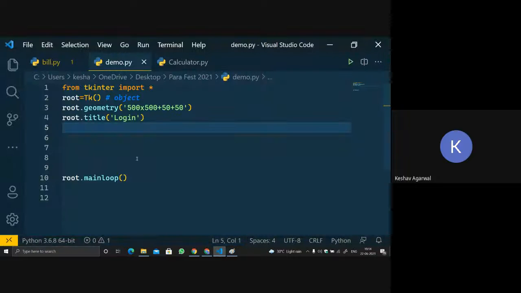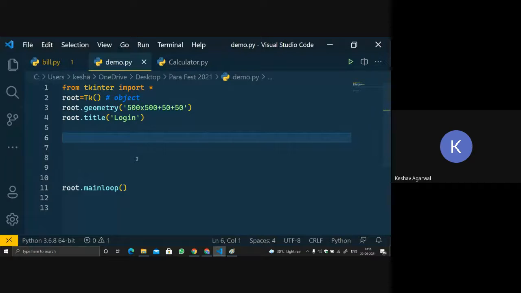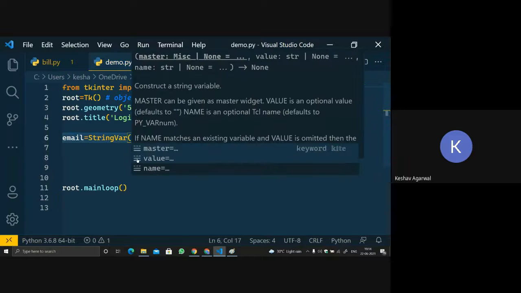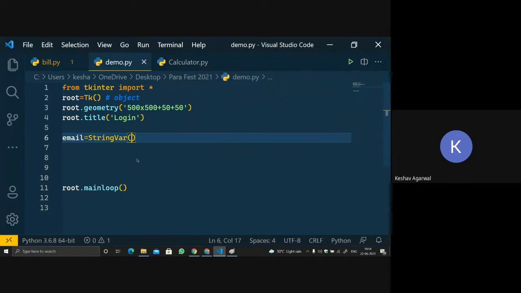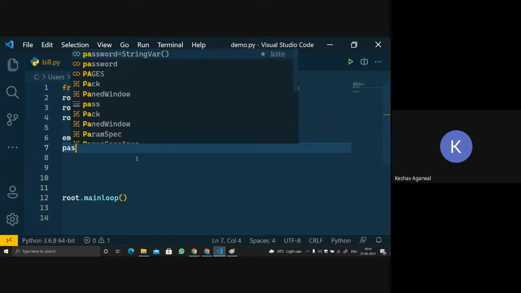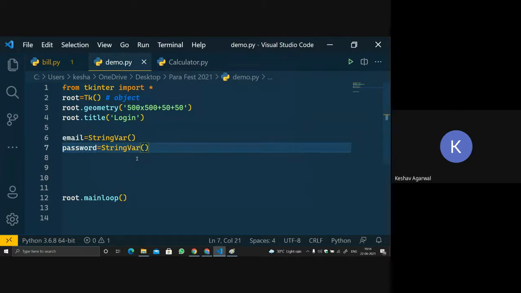So we will make email equals to string var, because email will be a string, right? In the same way, password is equals to a string var, because password will also be a string. It's not necessary that we are using 1, 2, 3, 4. So these two are string variables. We initialize these two string variables, that is email and password.